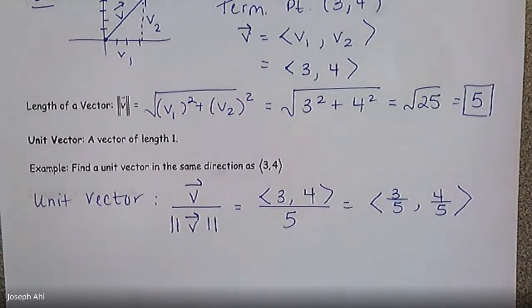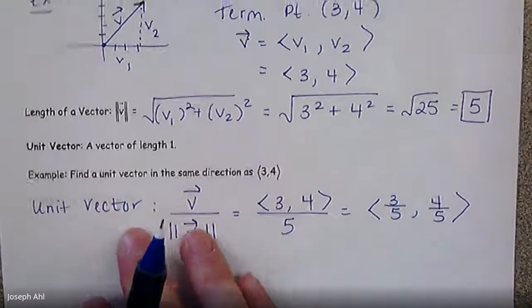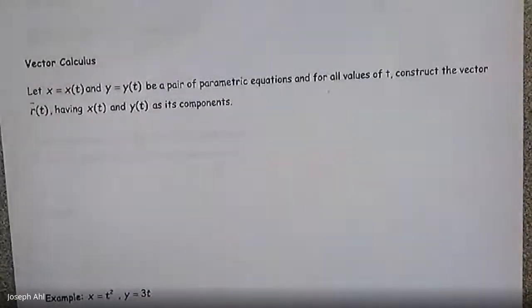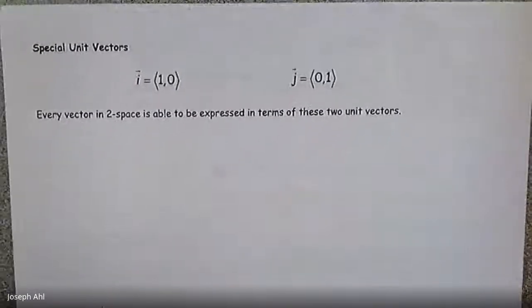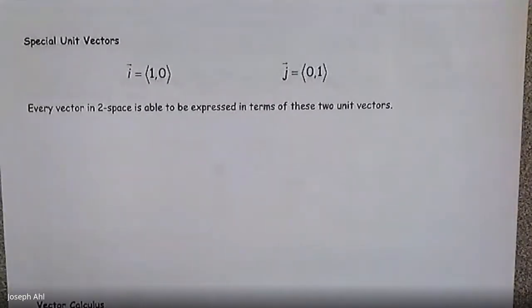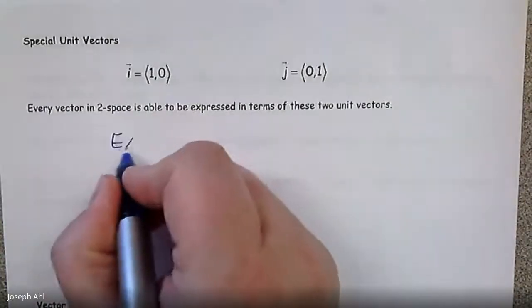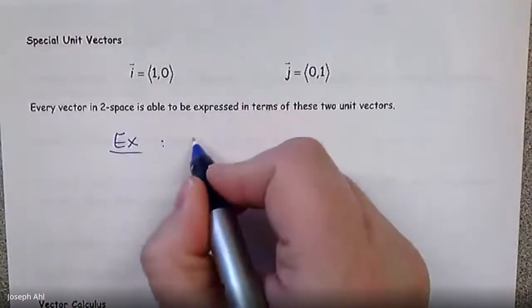Some special vectors that you might be accustomed to and familiar with are called the basis vectors. Okay, so the basis vectors are unit vectors in the horizontal and vertical directions. They're typically represented by the notation i and j there. And every single vector in space can be expressed in terms of these two vectors. So if we go back to our last example where we had the vector ⟨3, 4⟩,